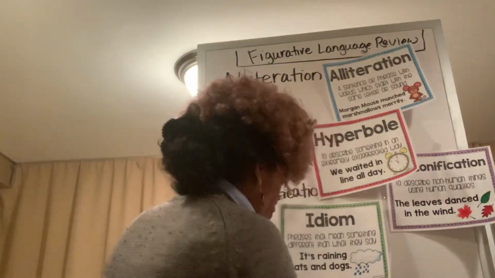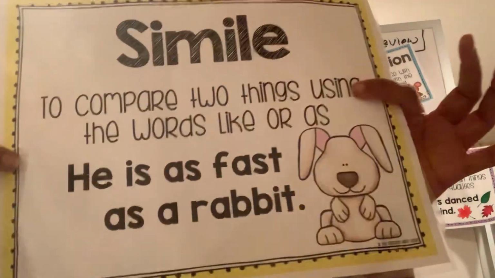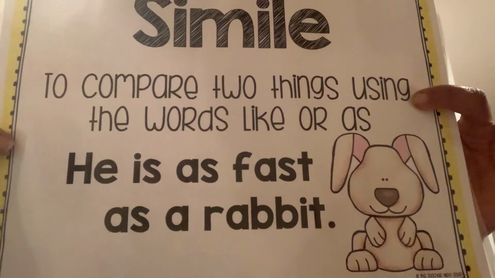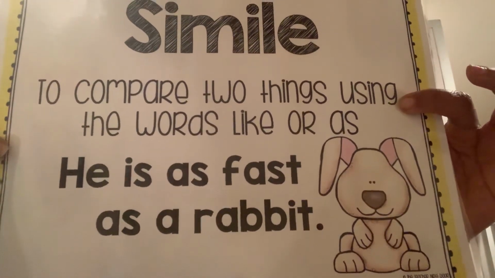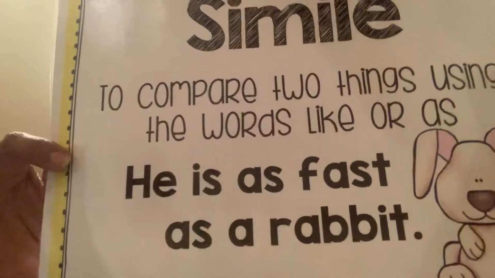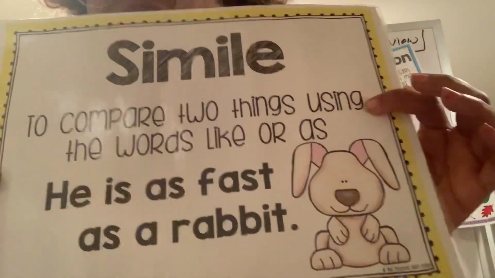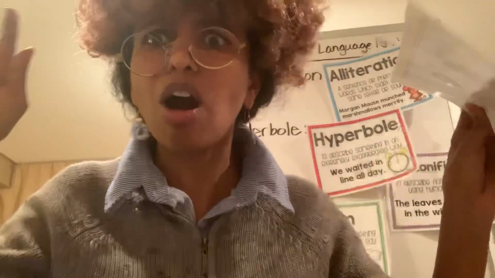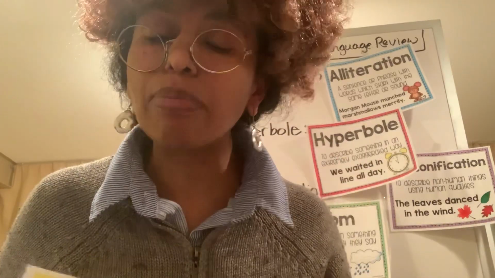And finally, dear friends, how can we forget our friend the simile? Similes compare two things, objects that are unlike, using the words like or as. For example, you might say, he is as fast as a rabbit. Now, have you ever seen a rabbit get scared? They are very, very fast. They're gone in an instant. And if you compare him to an unlike object like a rabbit,